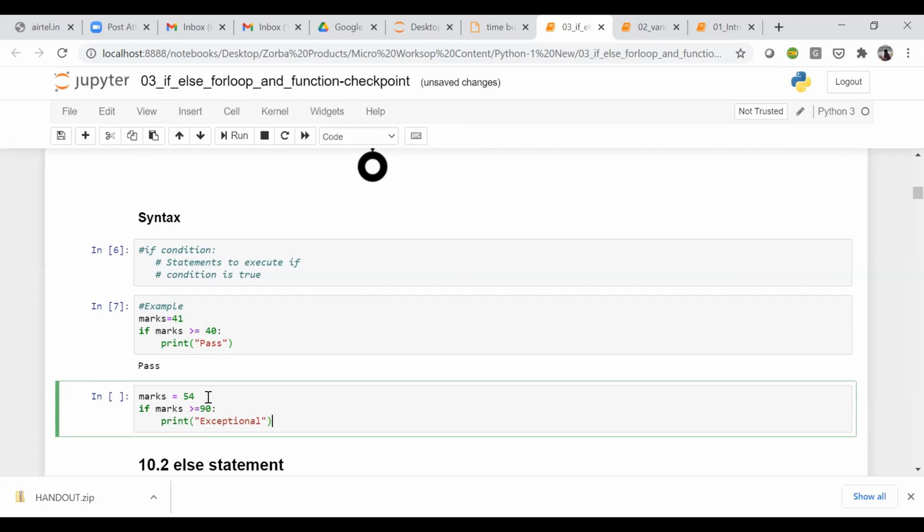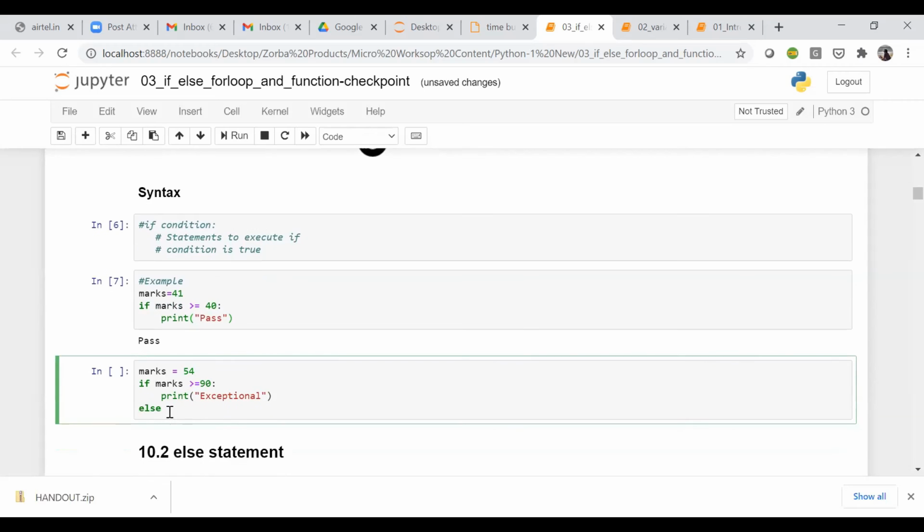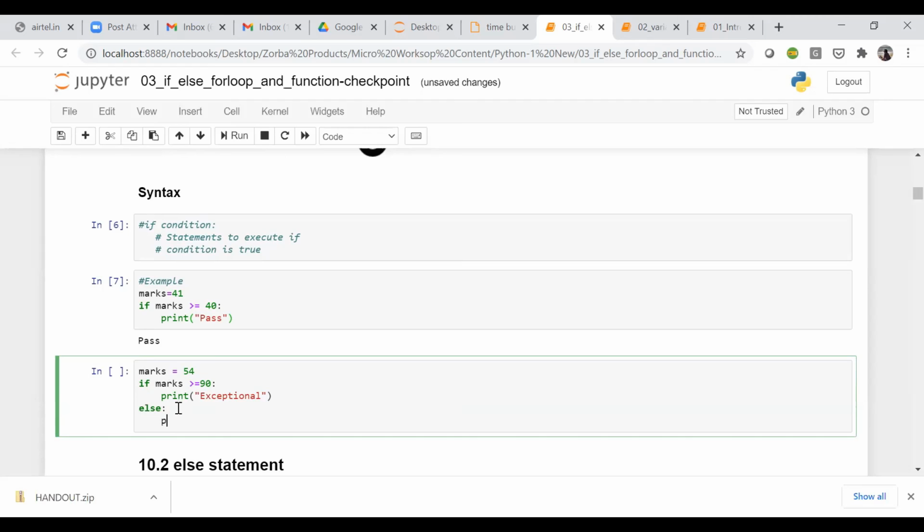And then automatically, you have to know this, guys, this indentation thing, right? If I put it like this, it will not be correct because this if and else have to come together. Else print